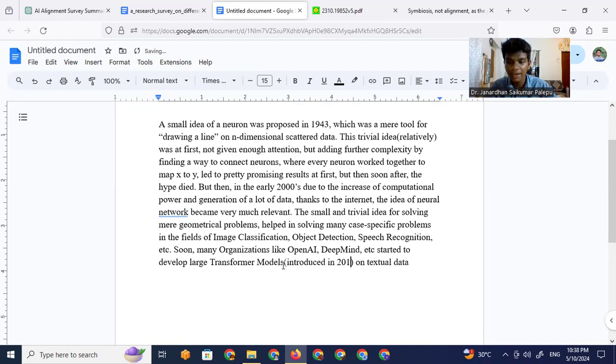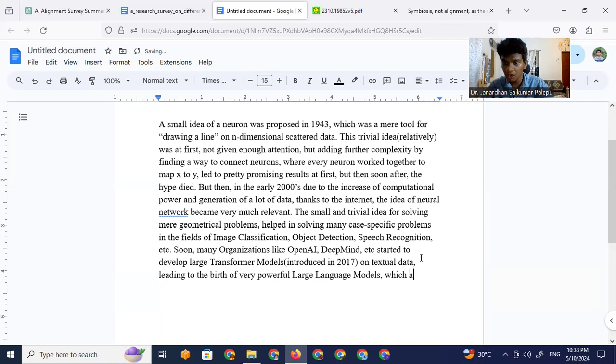Maybe I should even cite papers, or maybe I'll do it afterwards. Textual data, leading to the birth of very powerful large language models,